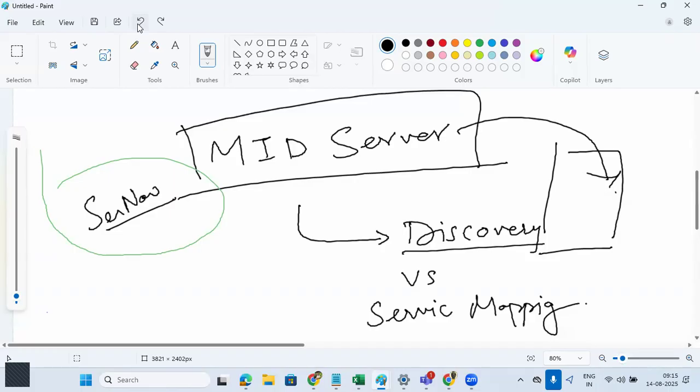Yes, I'm going to explain the service mapping as well. Before directly coming to service mapping, it is very important to understand what we are exactly discovering in the discovery segment. So whenever I'm talking to you about discovery,